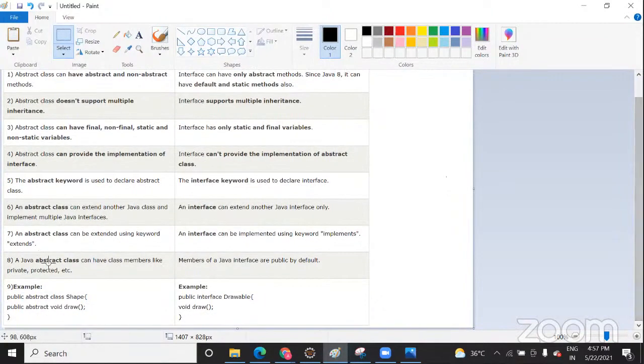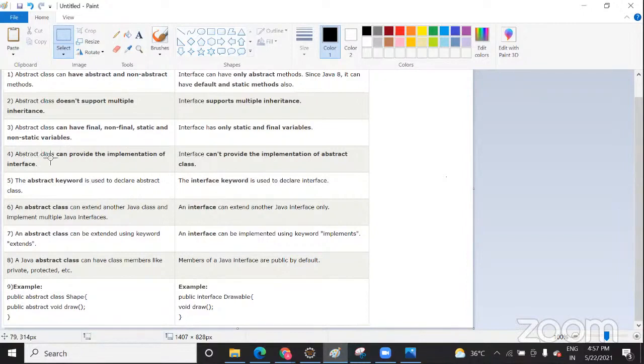You can go through it, and the way of declaring, example syntax, are the same. The only thing is that internally the compiler adds it in the interface, but in an abstract class we have to add this abstract keyword from our side. Rest are the same, as normally whatever features a class has, abstract class also has the same features.